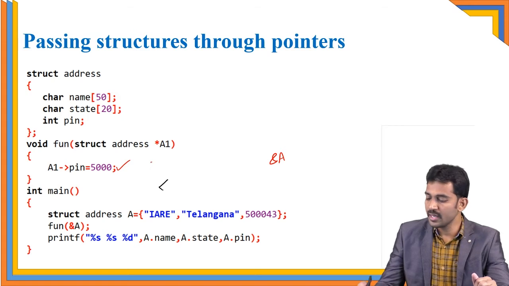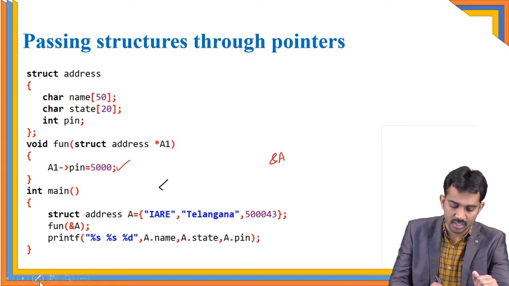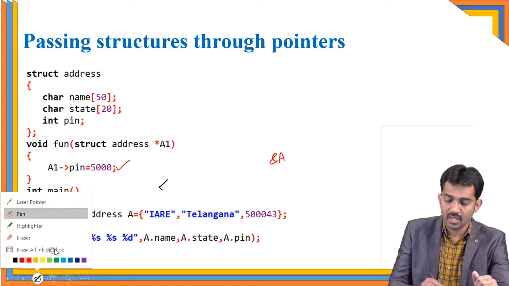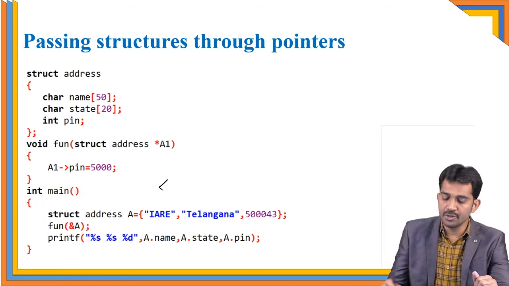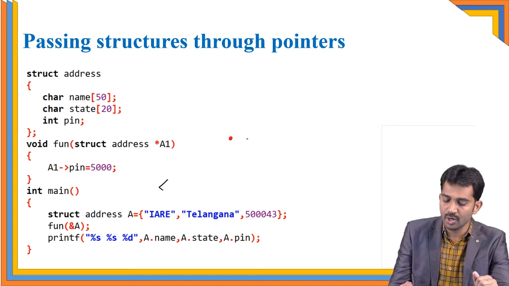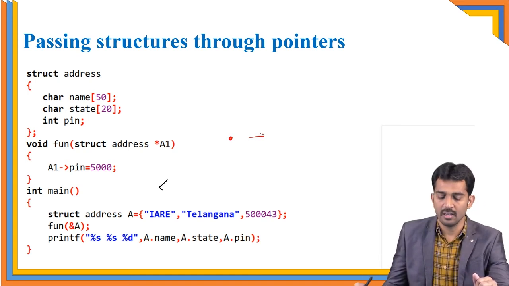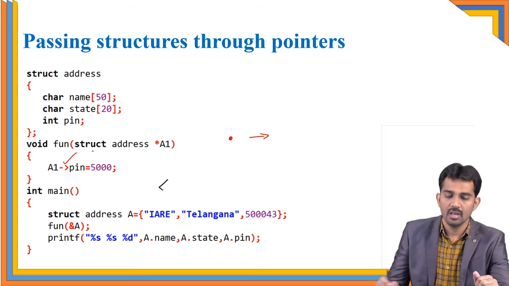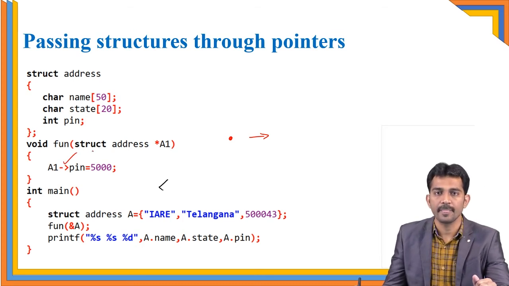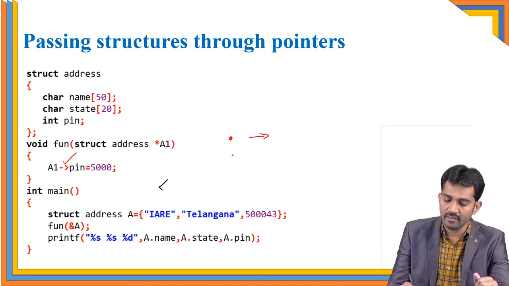A1-pin. Right? Otherwise it doesn't work. Please note this. So instead of the dot operator, you should use the arrow symbol as shown here. Is this clear? So A1-pin